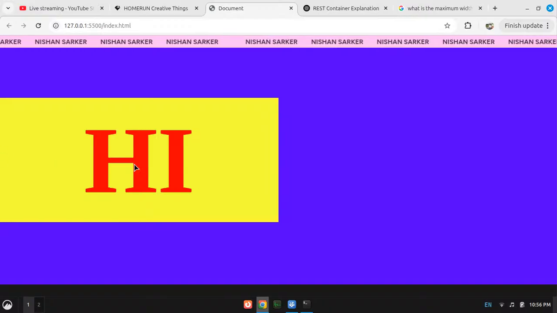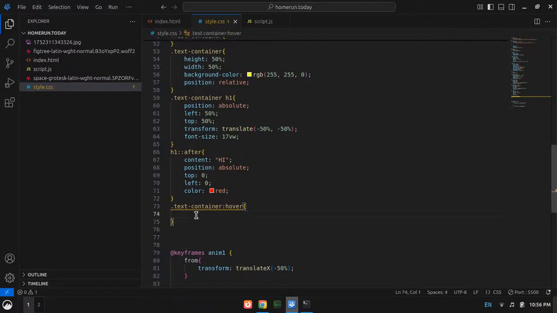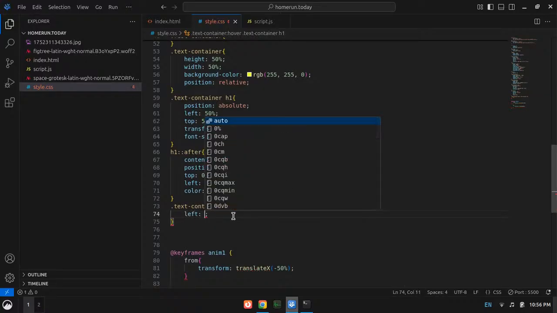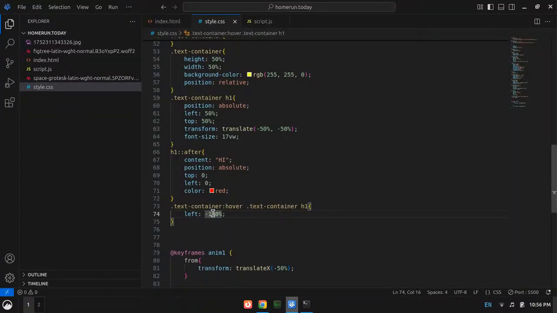So the h1 hover, then the text container's h1 will be left -100%. Right, will it work? Why doesn't it work? Why doesn't it work?